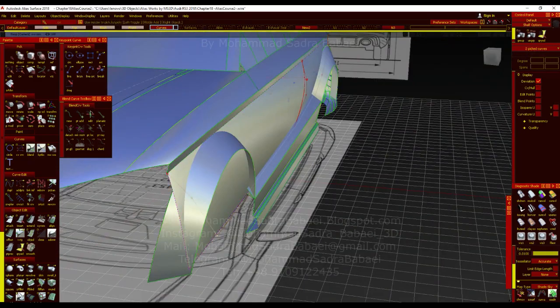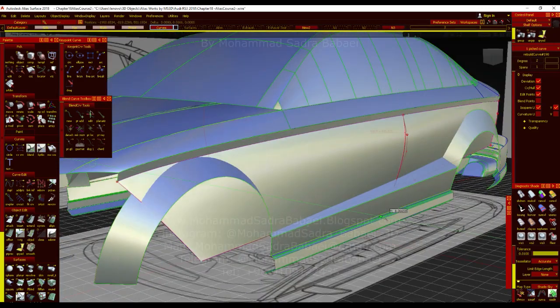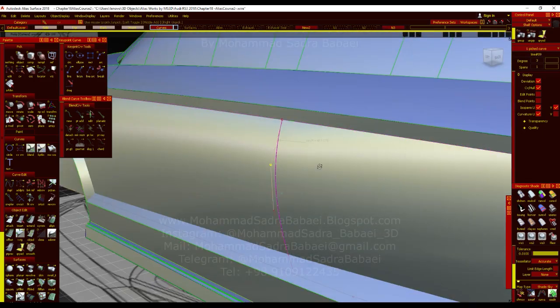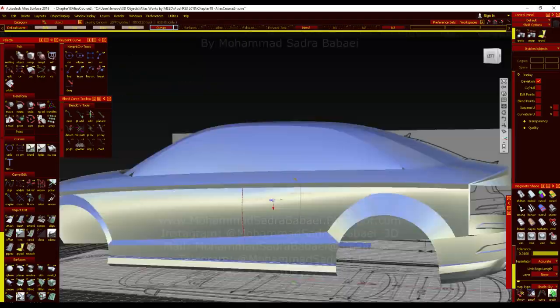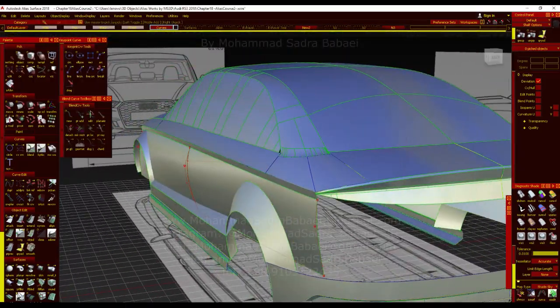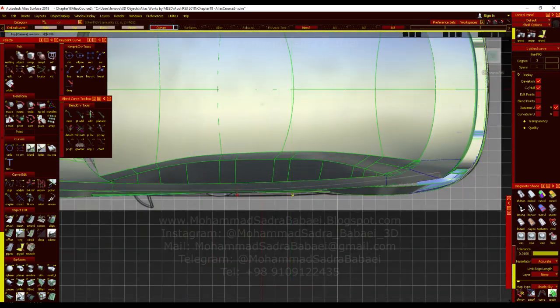I told you we don't need to explain anything anymore because you know how to work with surfaces, how to play with surfaces, you know the tools. So this tutorial just showed you how to create some part of this Audi, and, you know, many students through the tutorial have completed this Audi RS3 sedan, and